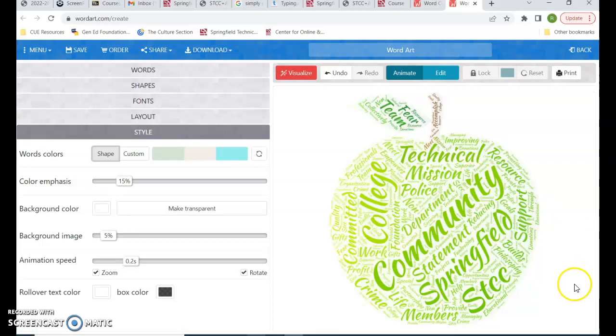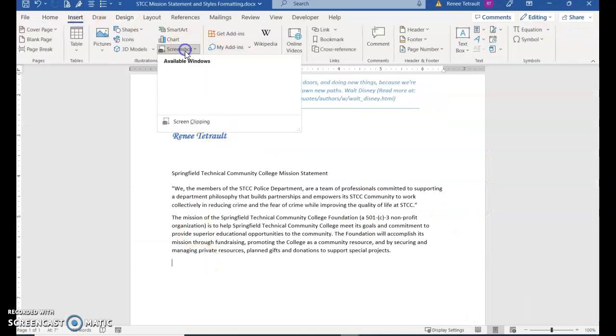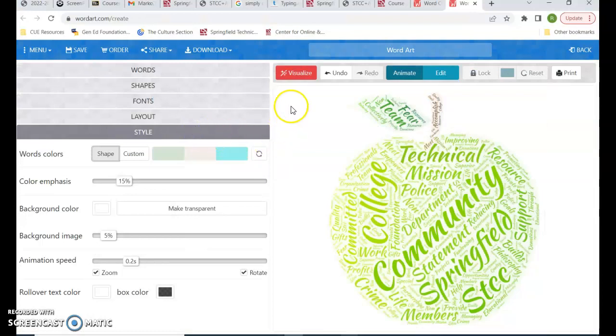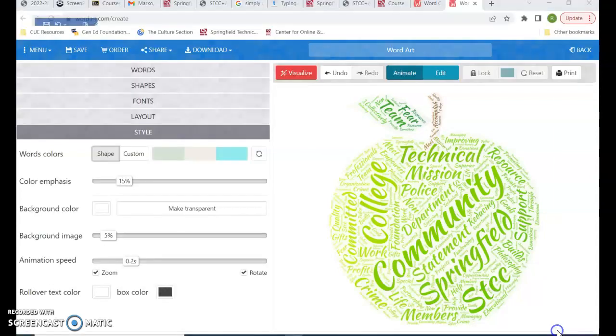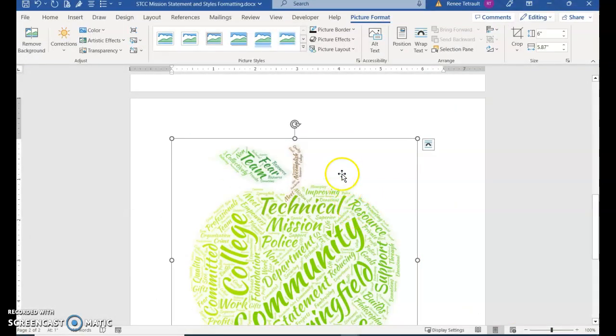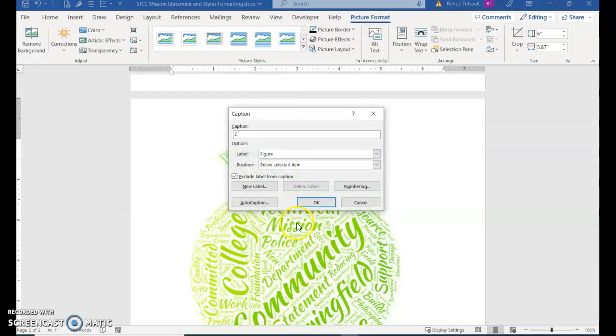When you are happy with what you like, you'll go back to your Word document and make sure you're below the paragraph. Insert, Screenshot, Screen Clipping. Wait till it fades, and then you're going to take a screenshot of whatever shape that you selected. With it still selected, because this was borrowed from wordart.com, I'm going to right click and choose Insert Caption, and then I'm just going to put a dash and type. So you may have to click Exclude Label, because otherwise it says Figure 1, so I just wanted to exclude label